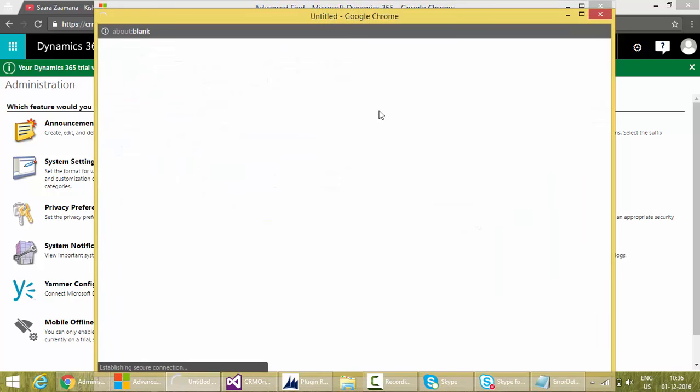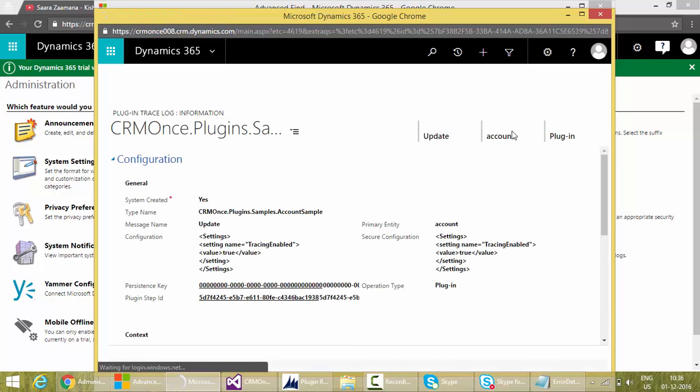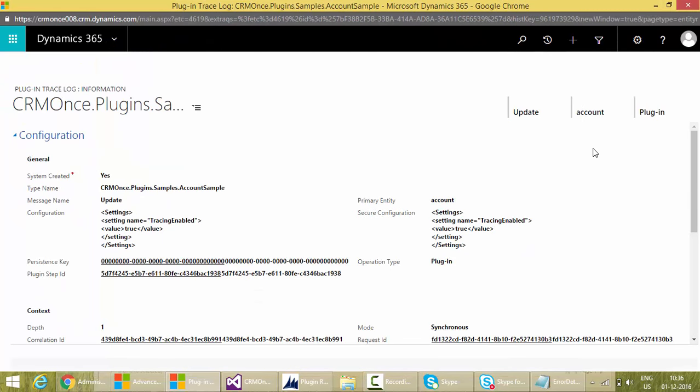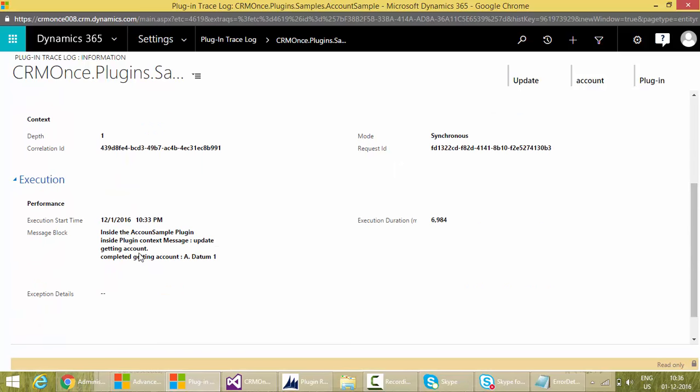So if I open that, you can see everything that I have on my plugin, and this is my trace information, my custom trace information, right? So that's how you know that your plugin has executed successfully, because I'm not seeing anything in the exception details,